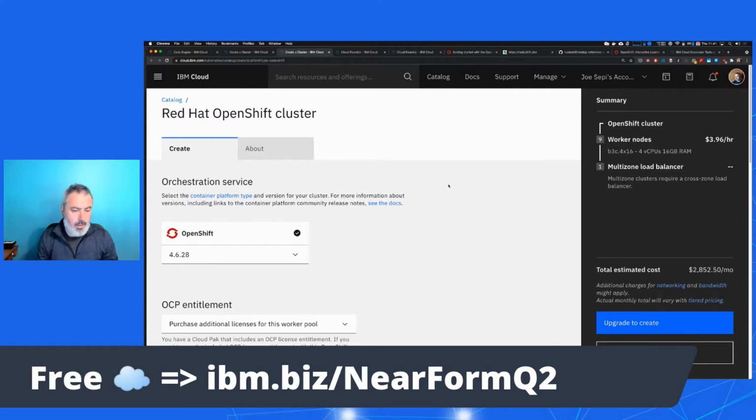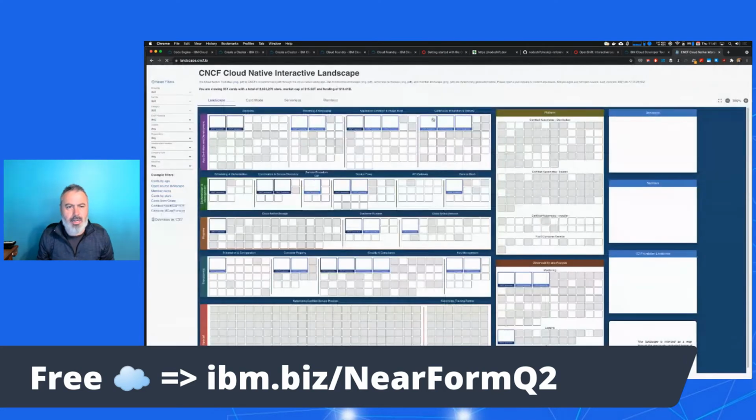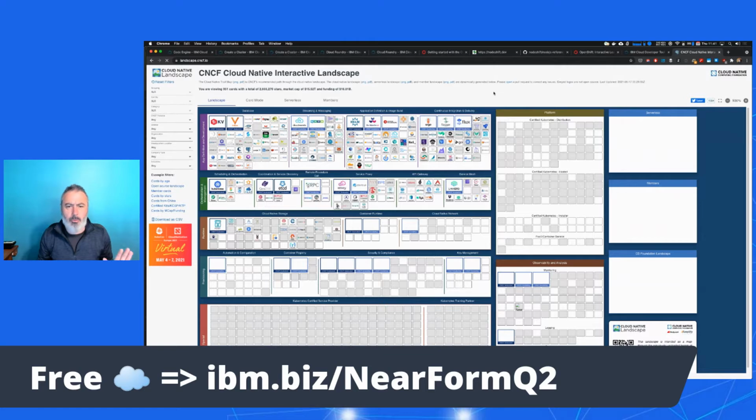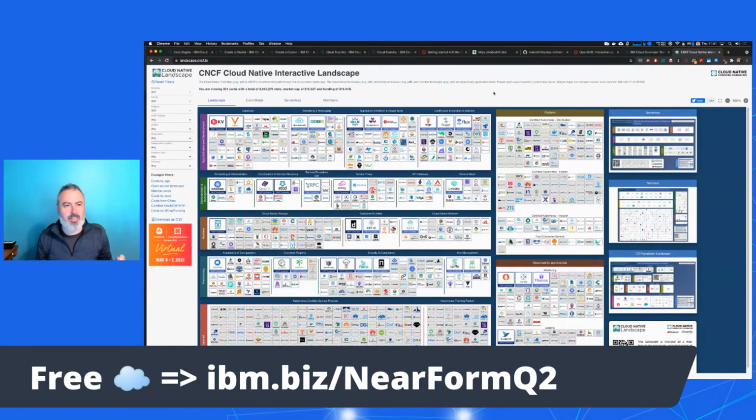Because if we look at landscape.cncf.io, and I know this isn't fair because this has a lot of stuff in here, but it's common to pull this up just to show that the cloud native landscape can be vast, and it takes a full team to run a bare cloud native DevOps infrastructure. But if you are using,